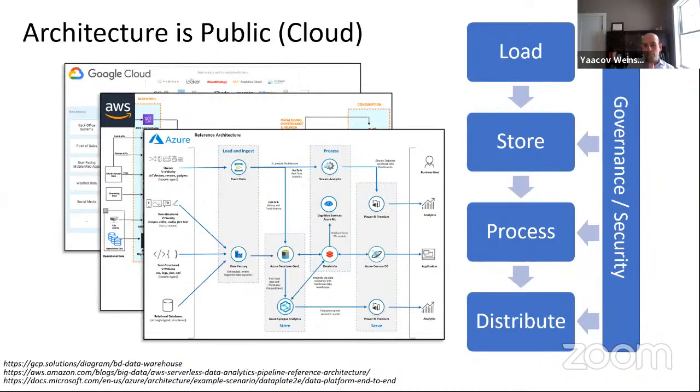Store and process was the name of the architecture, but consume was our load, and exploit was what we considered the distribute part. That's really what that layer is supposed to do. You have the data. How do you exploit it? And in order to exploit it, you have to put it in the hands of the right people at the right time. And so architecture, yes, talent is great, but